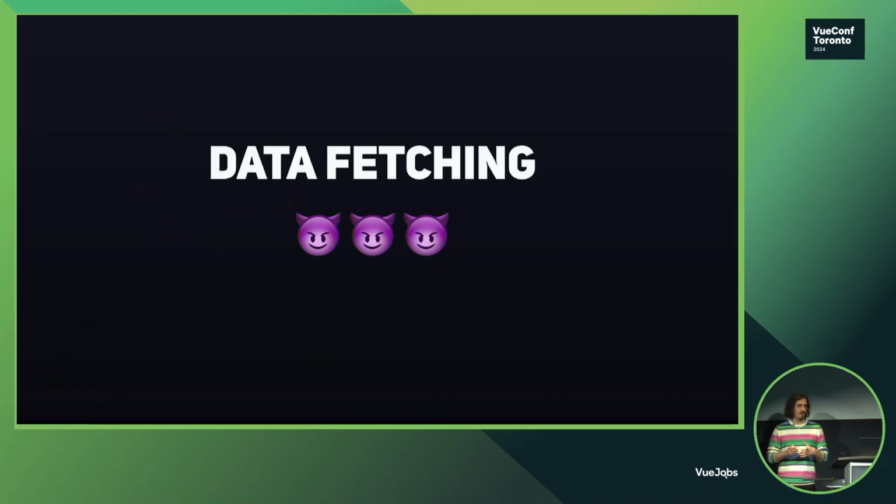But I felt like every time I've encountered a project that has data fetching, they always have their own little abstraction that works really well for them and is optimized for what they do. And probably it's also because there is no standard way of handling data fetching in Vue applications. So let me show you some of the most common ones,